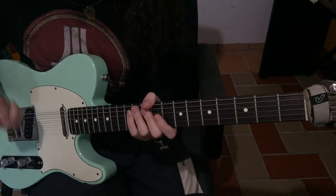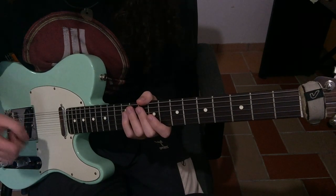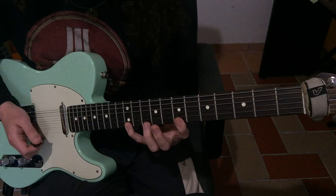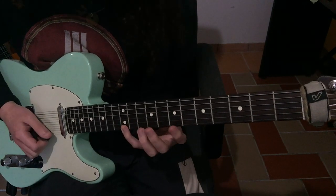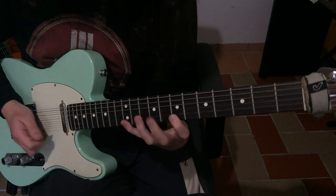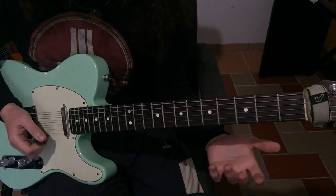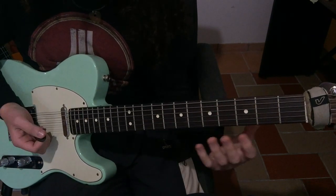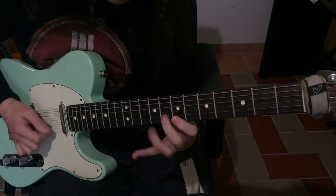instead of thinking in a specific key, you can try and outline each single chord individually. Let's take the E power chord for instance. You could start out with some kind of an E minor arpeggio, for instance something like, simple, right? And then theory would kind of dictate if you're going from an E power chord to a C power chord, you would go for a C major, like